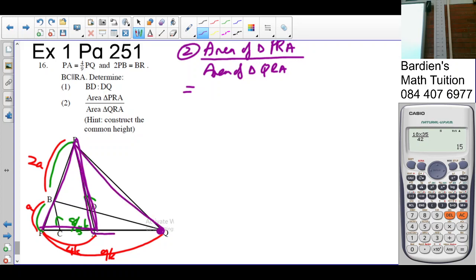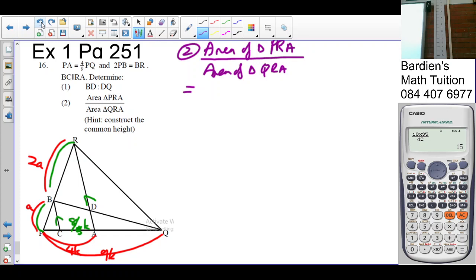What you should see is that we have a common vertex. There are two different cases when they ask you to calculate the ratios of areas: one where it has a common vertex, as this one has, or they have a common angle. If it's a common angle, we use the sine rule, but because it has a common vertex here, it's going to use the